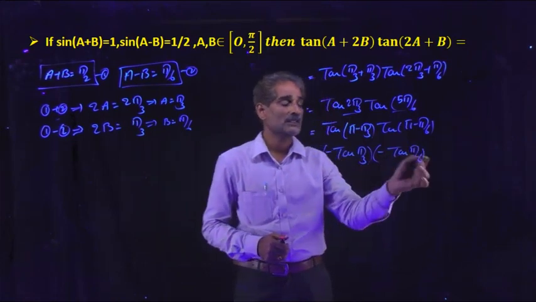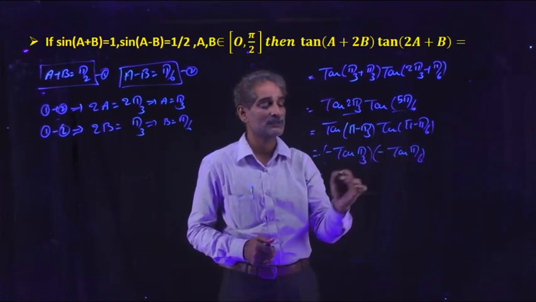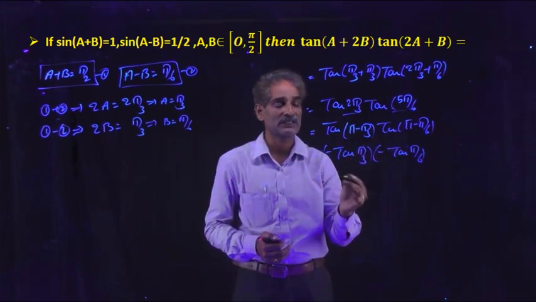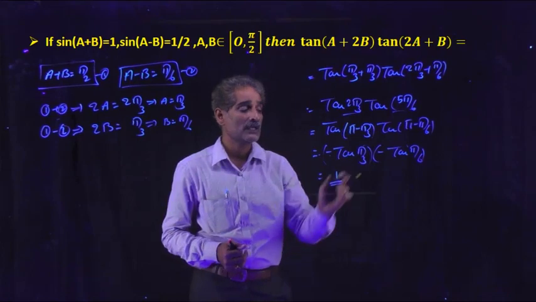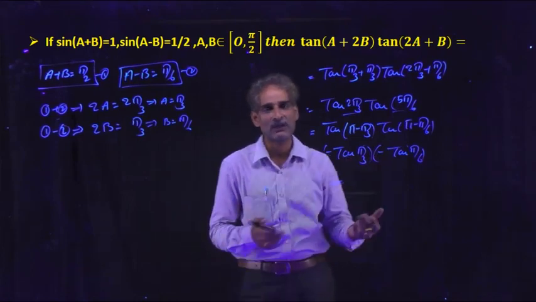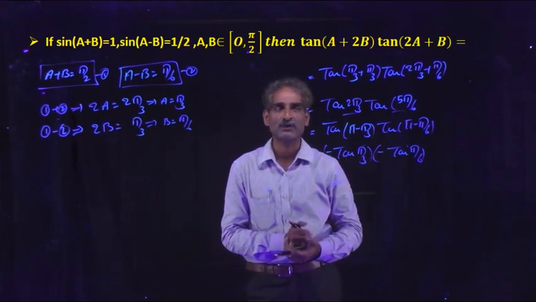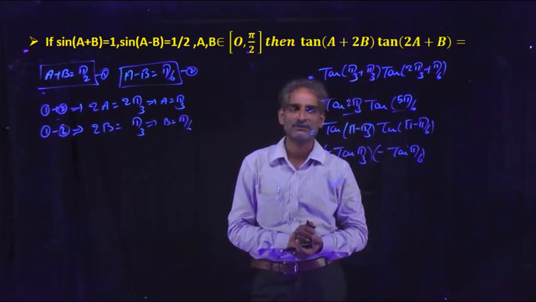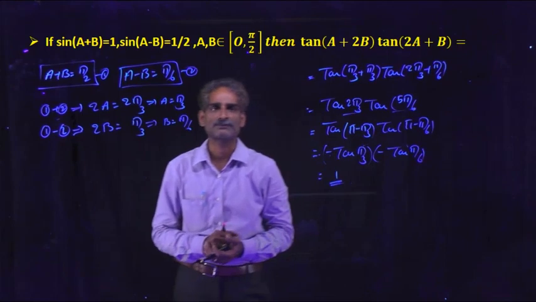So here, by direct method of substitution also we can find it out. Otherwise a plus b is 90, so the value is 1. Otherwise root 3 into 1 by root 3, the value of this expression is also 1. So finally the value of this expression is 1 under these two conditions. Right? So see the next one.